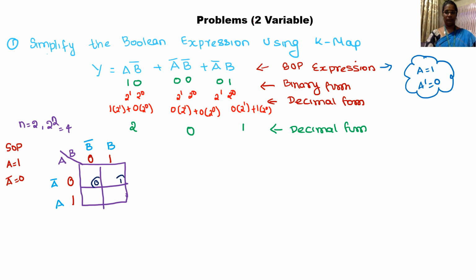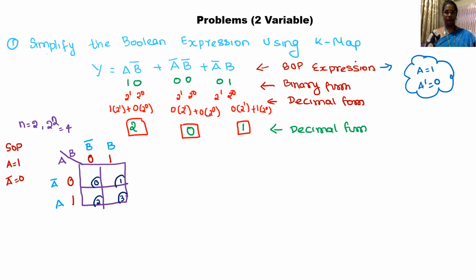This cell has been designated as 1. This cell has been designated as 2. This cell has been designated as 3. So now I will look into my decimal form and fill up my